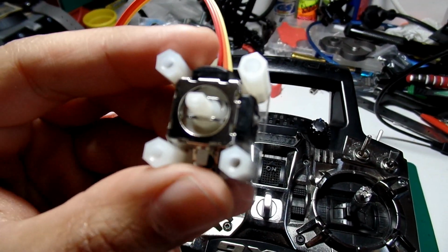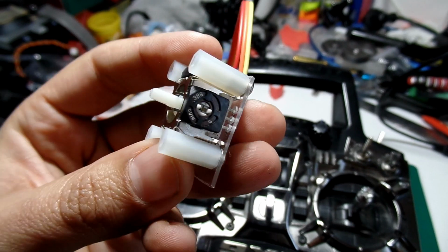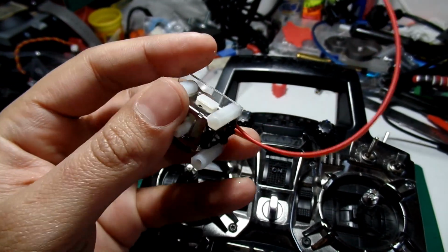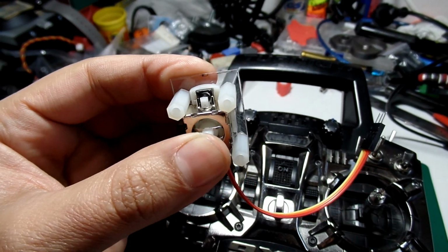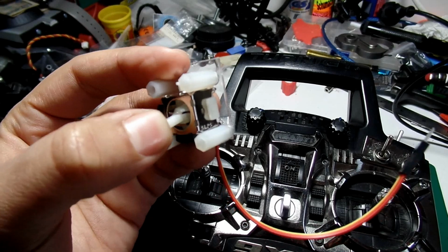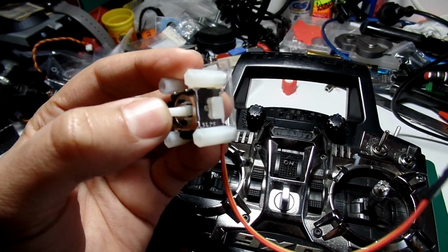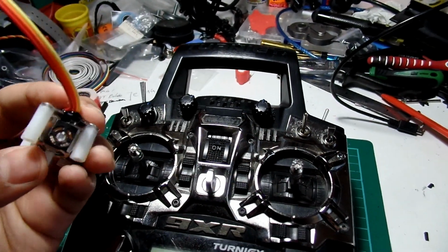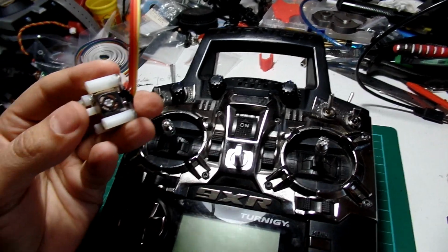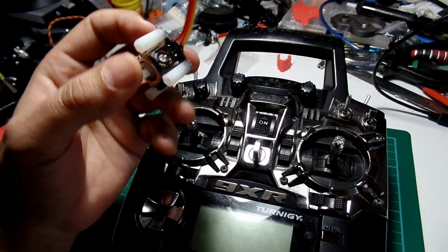What are these? Well, there you go. These are from the PlayStation remote. You know, just have a PlayStation, the little gimbal from the PlayStation. Now I saw this mod, I think it was also in Spain, 2015, and I think it was Oli